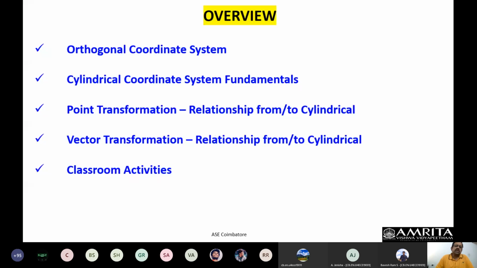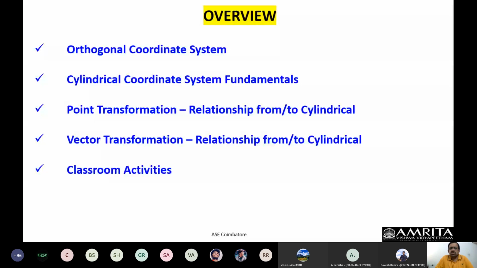So what is the cylindrical system? In this class, we are going to talk only about the cylindrical coordinate system, and describe how to visualize a point in it, and what coordinates are required. We know that in any three-dimensional space, we require 3 coordinates to specify a point. For example, in the Cartesian coordinate system, we have x, y, z. But in the cylindrical coordinate system, what are the 3 coordinates? That is what we are going to talk about.